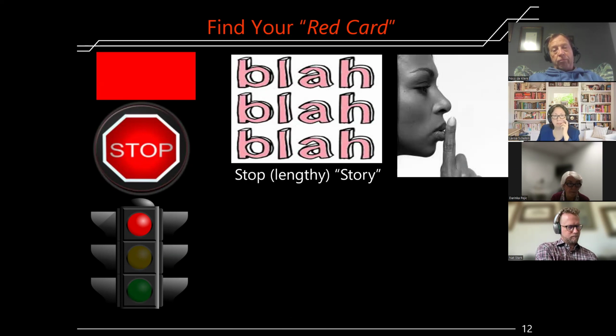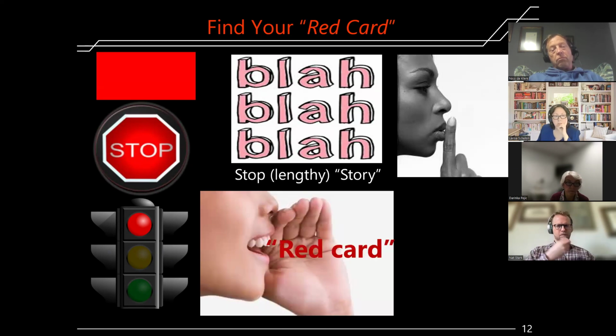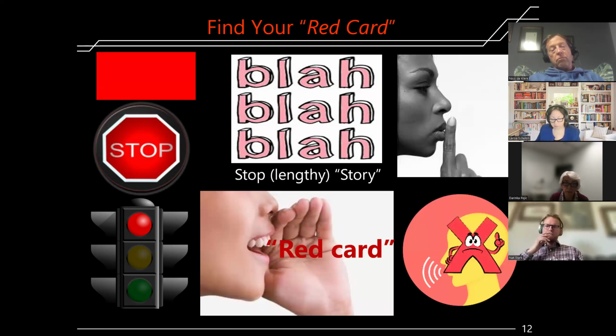This is simply stop something that's not happening. If you don't have a card in your hand and you're in a group and someone's just rambling on and on, as some people tend to do, you can just verbalize red card and say, stop. So